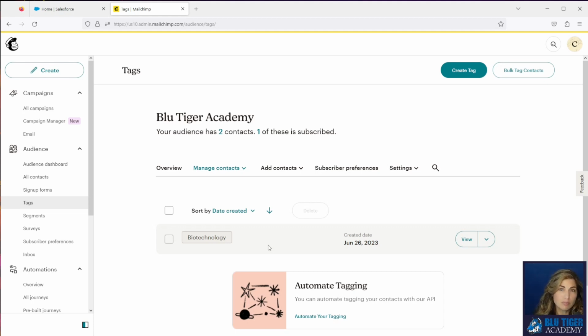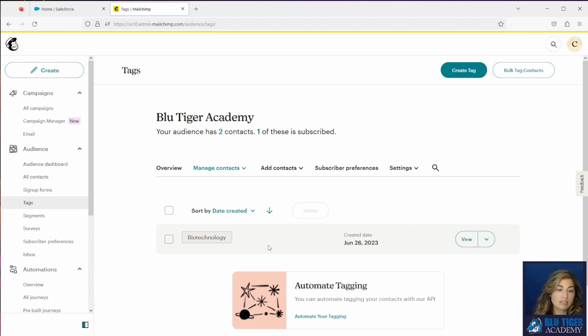There is no limit to the number of tags that you can have in MailChimp. It's unlimited. There's also no limit to the number of tags that a single contact can have associated with them. So tags are very useful for tracking specific initiatives that may not be around for a long time. They can be created for very specific purposes, like a dinner invitation or a target for a specific product, a list that you uploaded from a specific trade show.